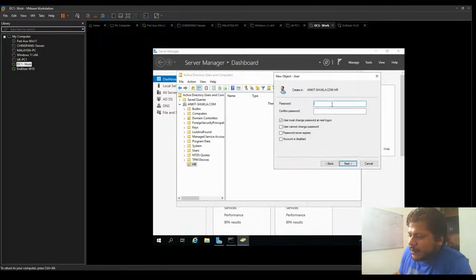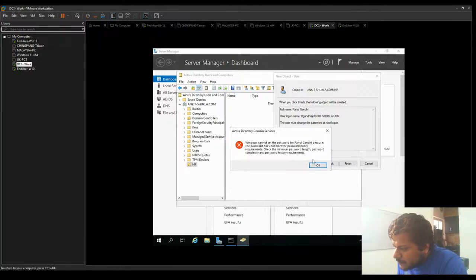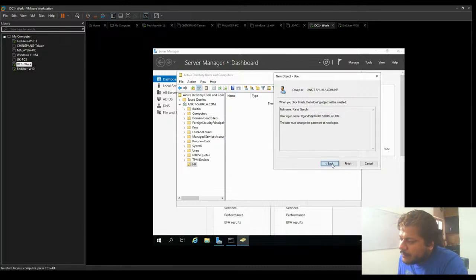I'm going to click on Next. On the next page, I'm going to specify a password for them, which they will be using to connect to my network or log into the machine. I am going to specify that this password will expire at the first login. So as soon as they log in with this password, they're prompted to change the password. I'm going to specify user must change password at next logon. I'll click on Next and Finish. Okay, it is the password policy. All right.